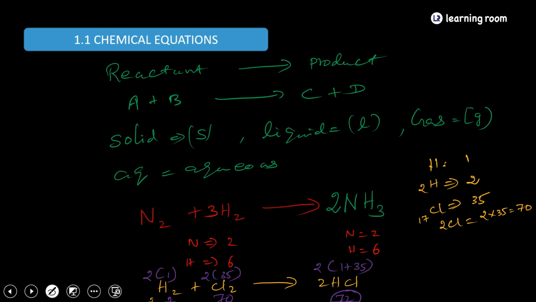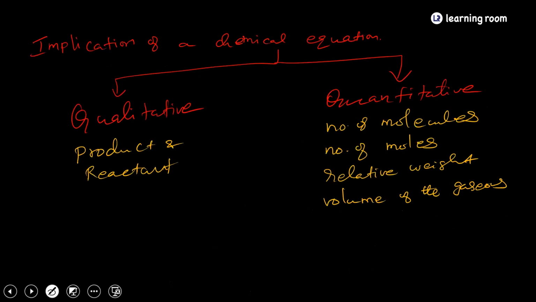Okay, and then I am putting nitrogen gas reacted with hydrogen gas, it gives ammonia gas. Hydrogen gas reacted with chlorine gas, it will give hydrogen chloride gas. Okay, so this is what we have explained in the above slides. And the next one.